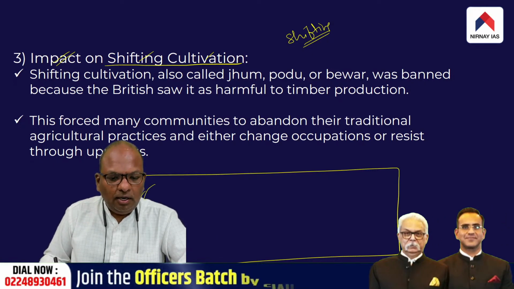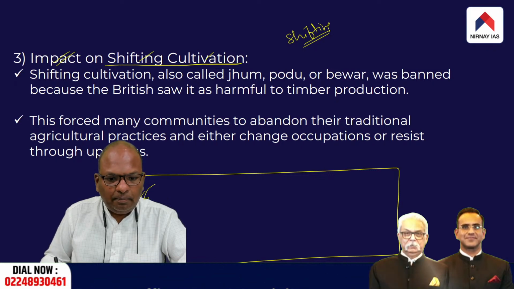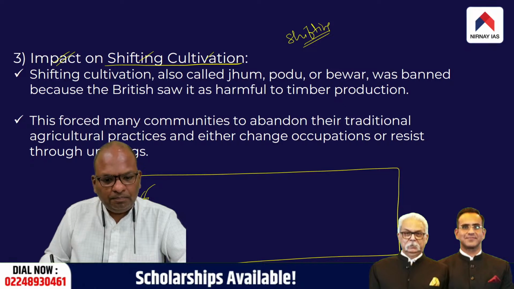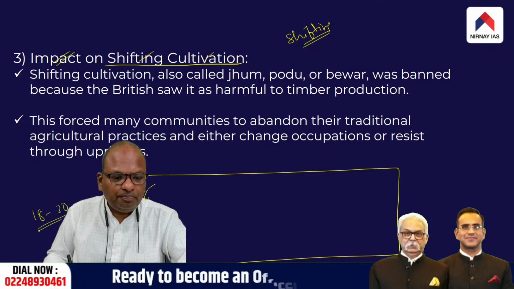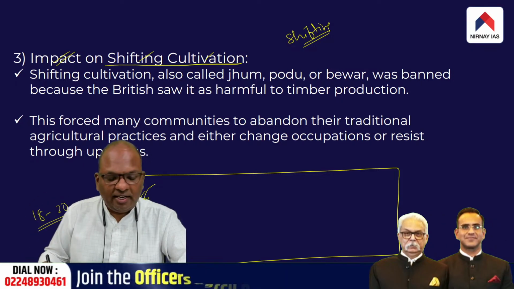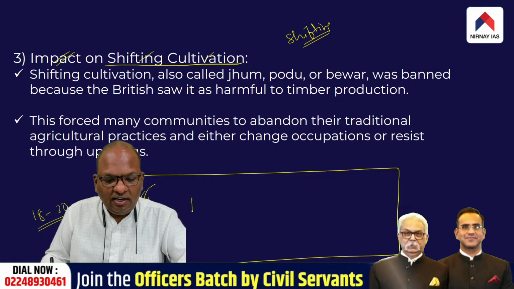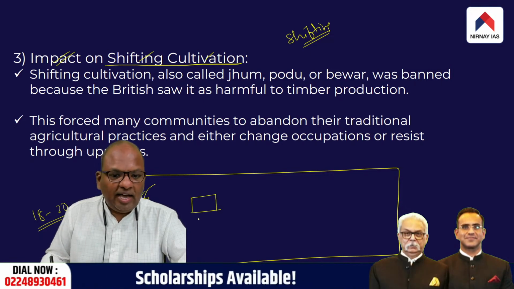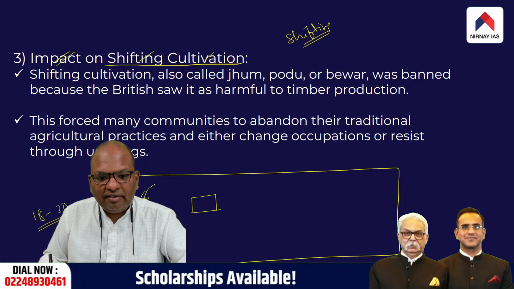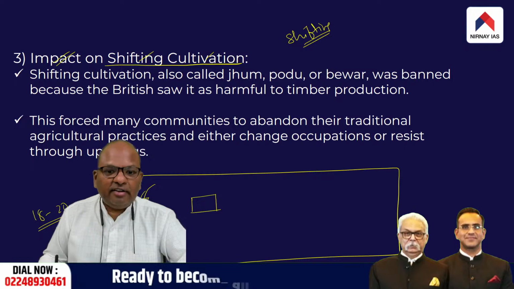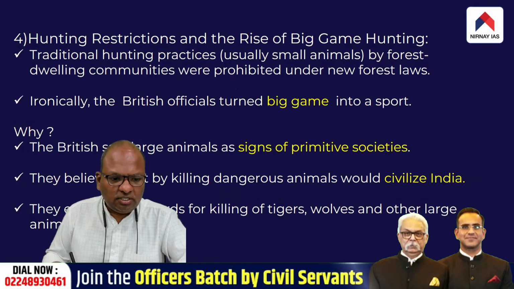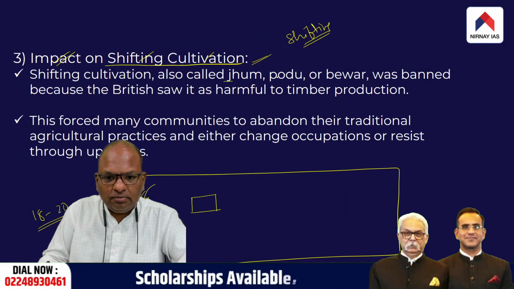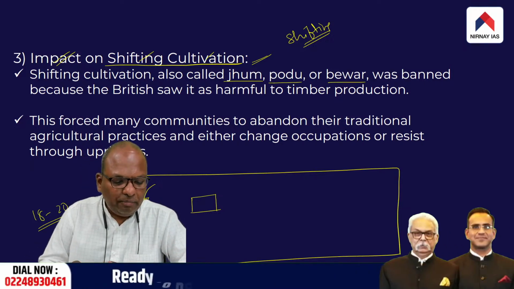The people would carry on cultivation in that patch of land for a year or two, and thereafter they would abandon that piece of land for 18 to 20 years for the trees to regenerate once again. And they would again cut another patch of forest and carry out the same process. We call this type of cultivation shifting cultivation. In India, it is known by a couple of names like Jhum, Podu, Bevar, etc. I hope you all have understood what we mean by shifting cultivation.